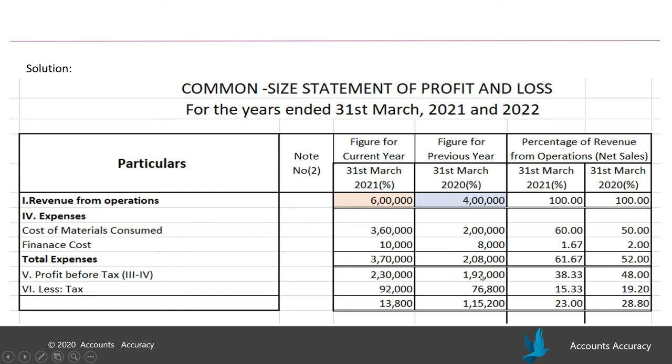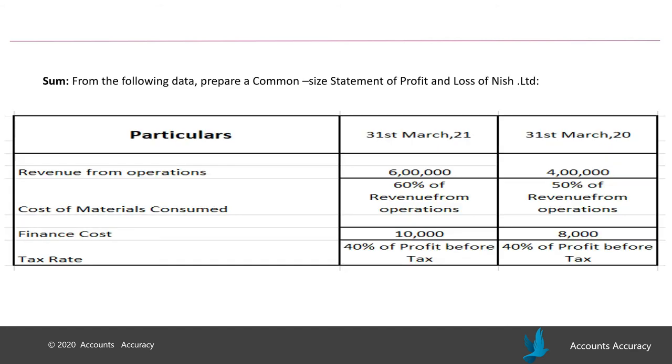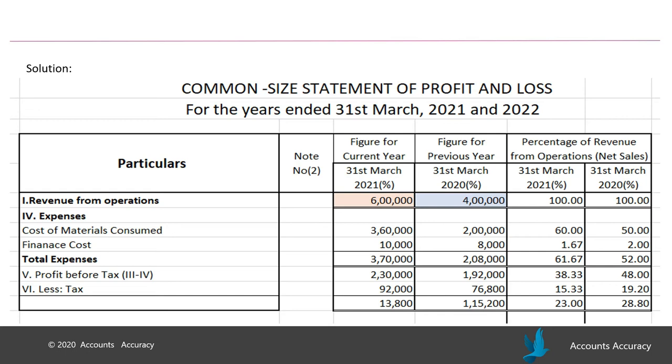So once you find out the profit before tax, at last in the sum you were given that 40% you have to calculate the tax rate, that is 40% of profit before tax for the year 2021 and 40% of profit before tax for the year 2022 as well. So 40% of 2,30,000 you have to calculate just to know about your tax rate. 40%, that is 40 by 100 into 2,30,000, you will get 92,000. And then for your year 2020 also 1,90,000 into 40 by 100, you will get